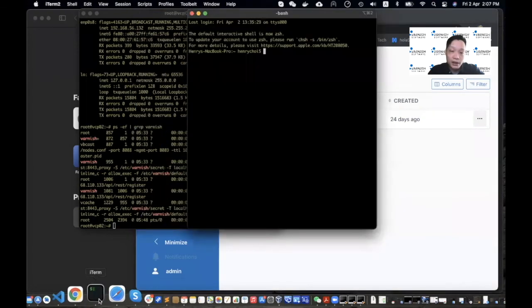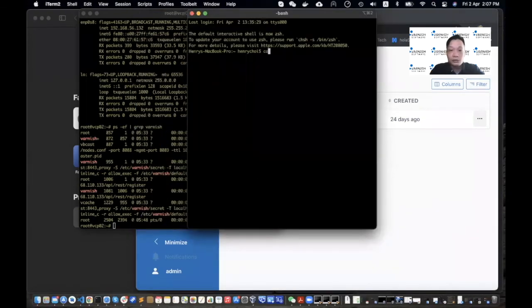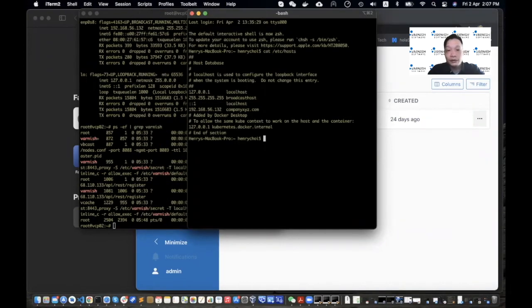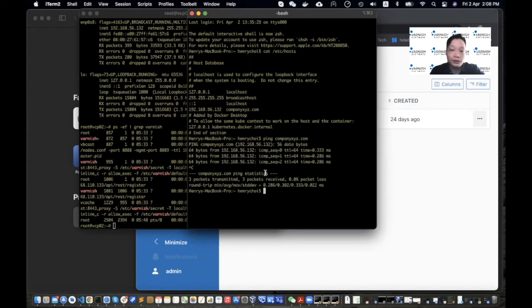So on my laptop, I need to create a host record for this one. So I have this pointing to the cache node 56.132. So when I ping companyxyz.com, it actually points to 132.